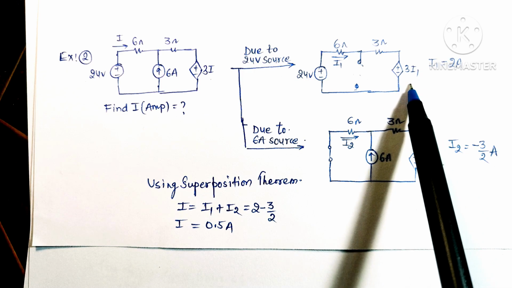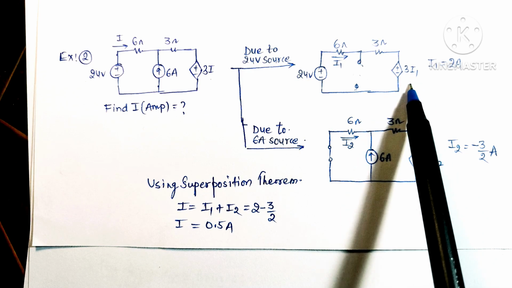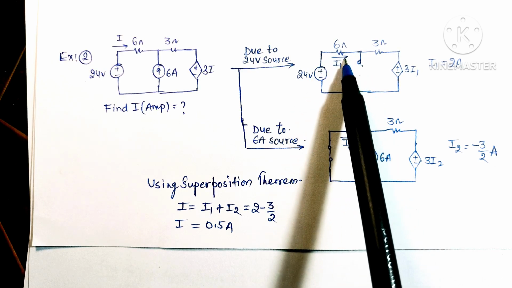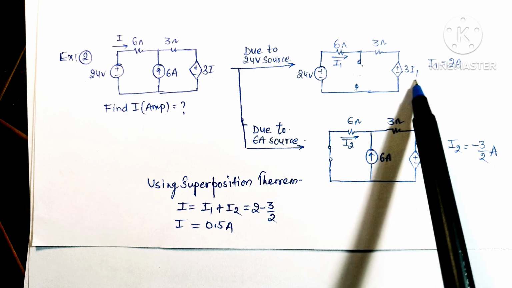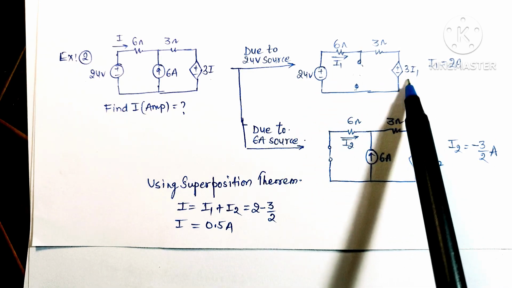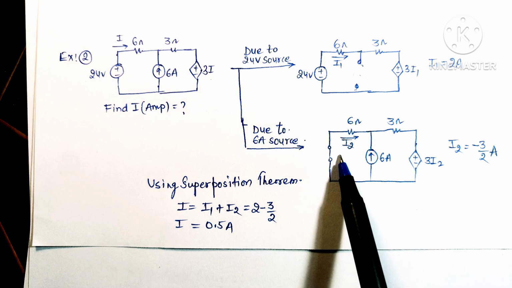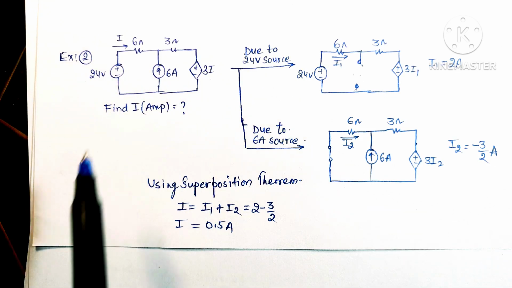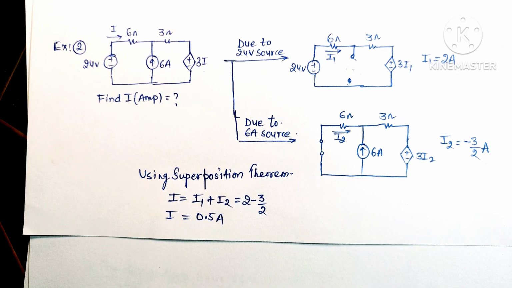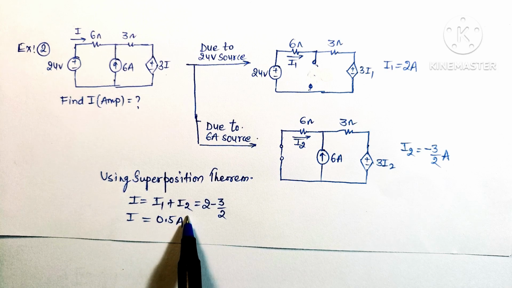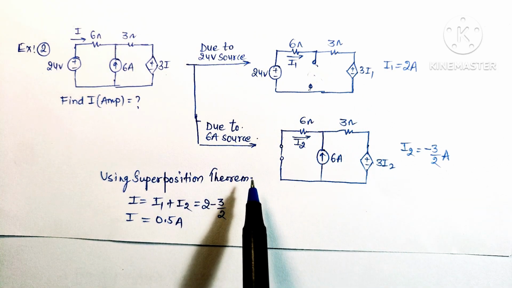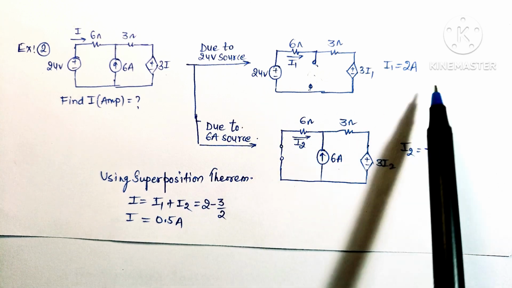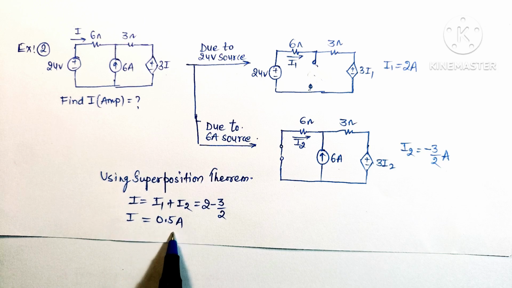So this voltage source depends on the value of current in the 6 ohm resistance. So what is the value at this 6 ohm resistance? That value will affect this dependent source. So if I1 is here, then we have to put I1 in this dependent voltage source, and if I2 is here, then we have to put I2 in this dependent voltage source. If we combine the effect of these two sources, then we can find this value I by the summation of I1 plus I2, that is the current calculated by assuming the 24 volt source independently and the 6 ampere current source independently, and by putting in these values we can find the current I value is 0.5 ampere.